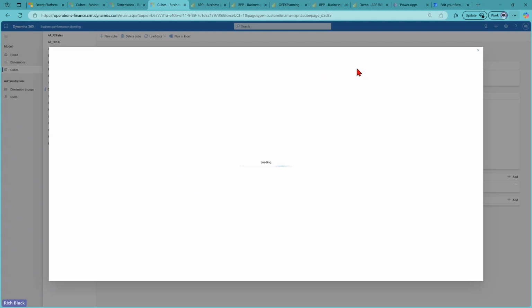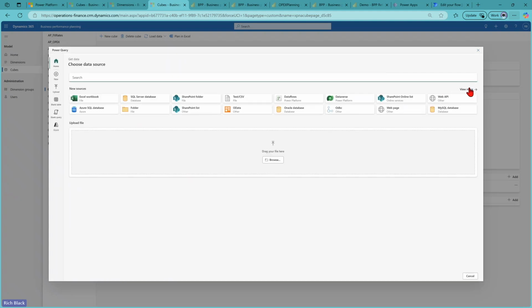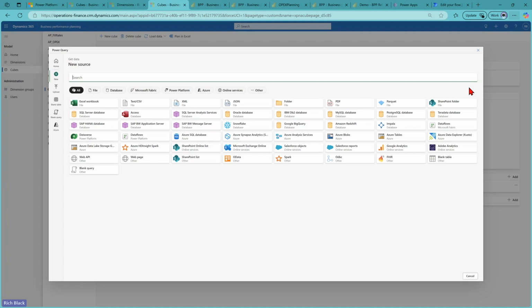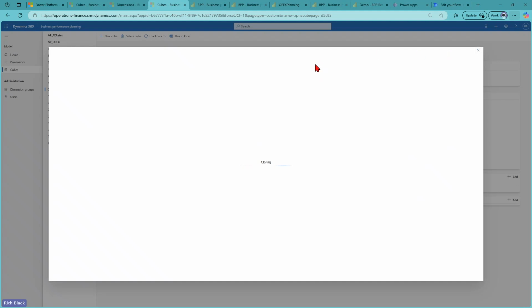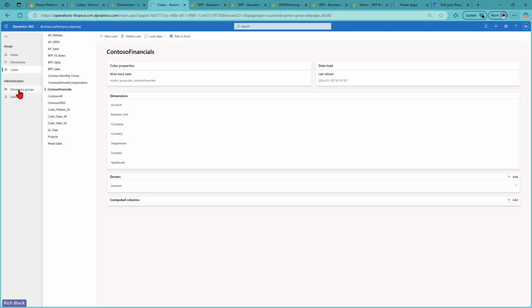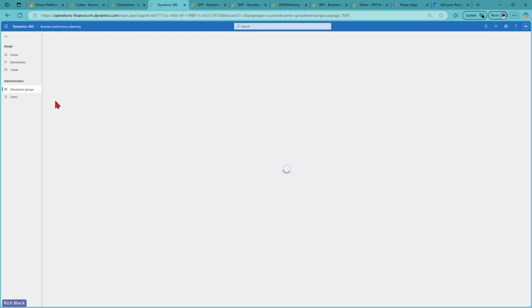We got a glimpse earlier of an example of using the GL trial balance export process automation of that GL trial balance snapshot from finance and operations. But we can use any number of these connectors to import data from any source system, and again, schedule that data acquisition to happen on a scheduled basis here. And once we've done that, then we'll use our dimension groups to provide that row level security on the various dimensions,